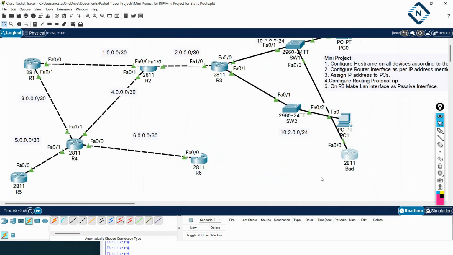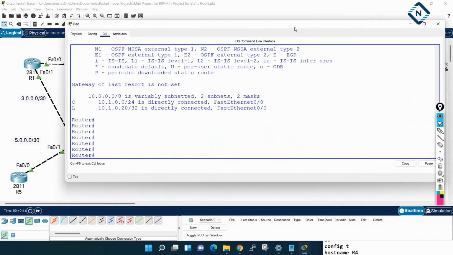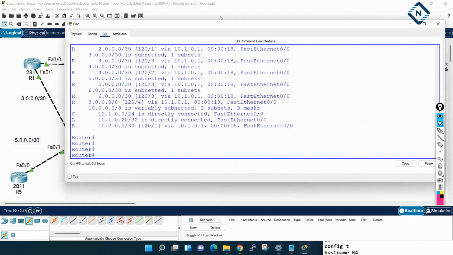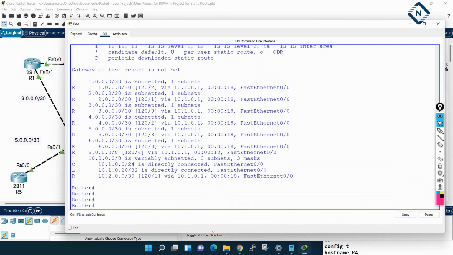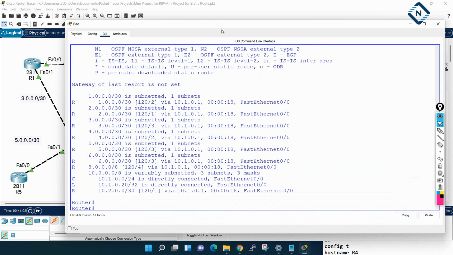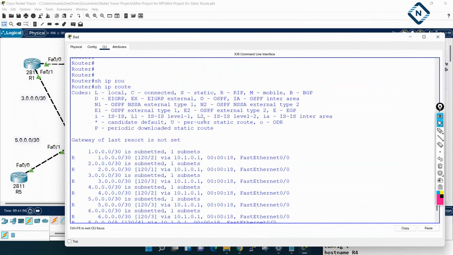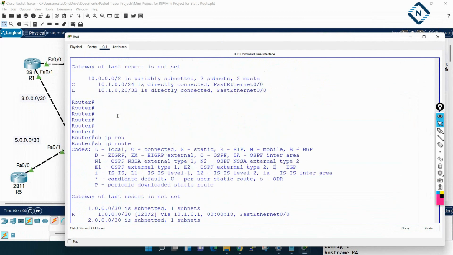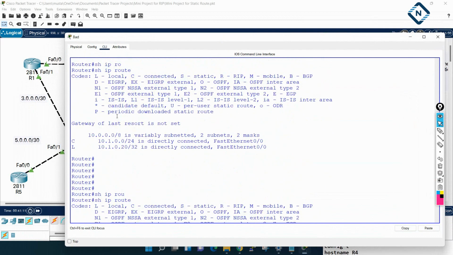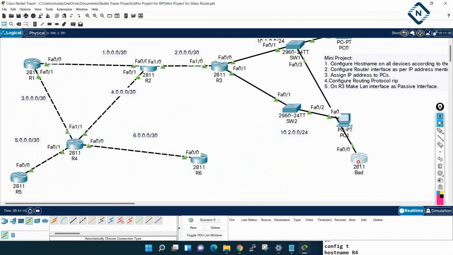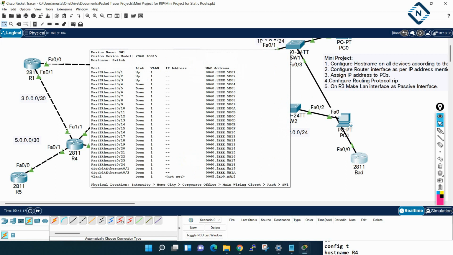I will just do fast forward, and I will go to this attacker. We will write here show IP route. See, this guy gets all the routes. This is not a router. Imagine I am using a router to show you the scenario, but imagine this is a bad guy sitting in your organization. He is using Kali Linux software, running RIP as a routing protocol, and he is sending the hello packets. He is sending the RIP messages to this switch, saying that he is the neighbor